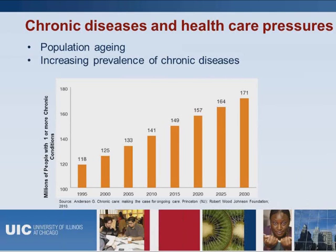So as shown in this graph, between 2010, right here, and 2030, the number of Americans with one or more chronic conditions will rise 18%, an increase of approximately 30 million people. And this increasing prevalence of chronic diseases as the population ages is placing an unprecedented strain on our healthcare system,